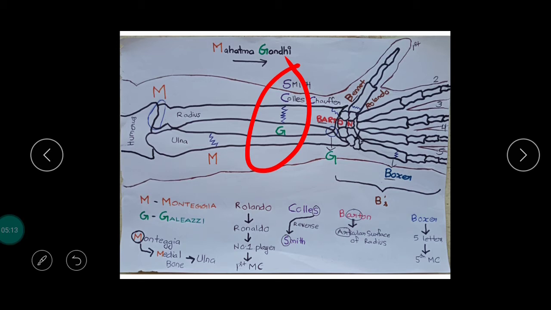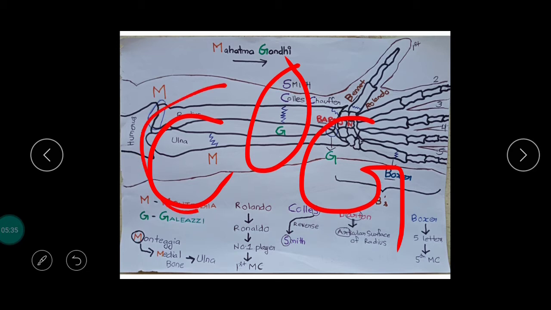Simple. We all know how we write C. We will start from here and we will end like this. How do we write G? It is also written the same way as C, but then we complete it a little bit more. It is almost a modification of C, right? So C and G are written in almost the same way, so we can say that they are in the same location: the Colles fracture and Galeazzi fracture.